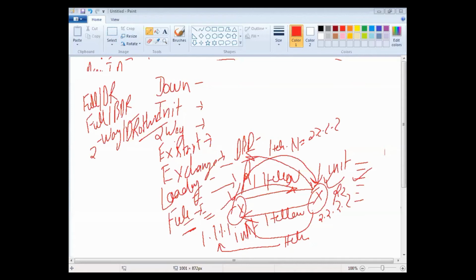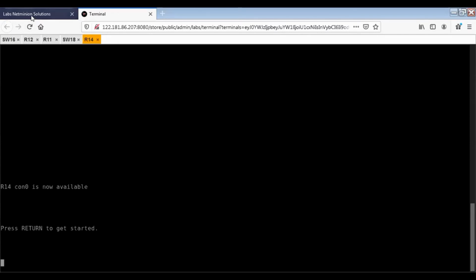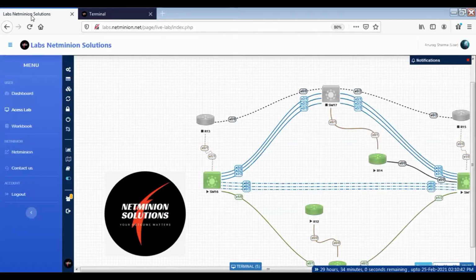Let me share this. Someone please confirm if you can see my screen with the lab. Anybody please confirm. Rajesh, Abdul, Anand Kumar.